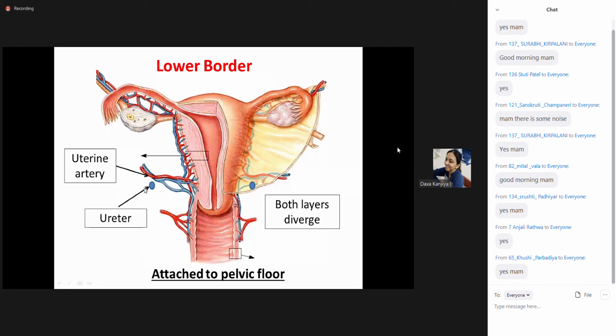You have to keep these relations in your mind while doing any surgery to the uterus. While doing any cesarean section or hysterectomy, you have to keep these relations in your mind so that you do not damage the ureter. It is the most common structure which gets damaged during any surgery of the uterus. So you have to search for the ureter first and keep it aside while doing any surgery.